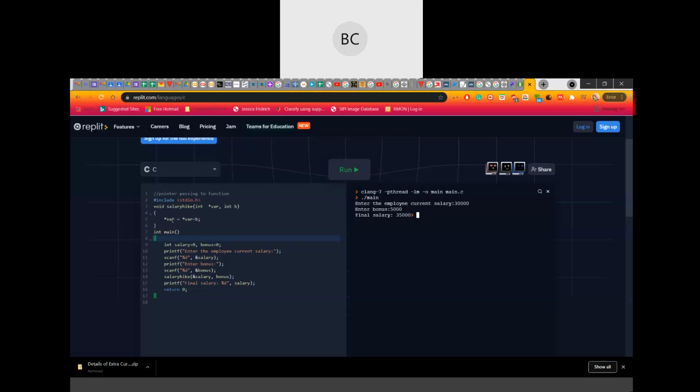So here, this variable is for the bonus and this variable is for the salary. Whatever will be the salary, it will be salary plus b. The pointer symbol is here because you are accessing the value, that's why *p equals *p plus b. Inside the main function, I've taken salary initialized as 0, and bonus is also 0. Then I entered the salary, stored it here, then here I call the function.